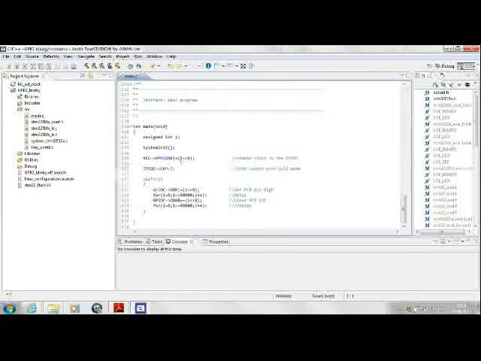Let's start looking into the code. What I've actually done is, the core works at around 24 megahertz, and the SystemInit function is the function that is already available with Atollic Studio, which is there in the inbuilt library. We'll call this so that the core gets initialized for our code to run, and the core is clocked at around 24 megahertz. So before we start any of the software writing, we will always call the SystemInit function. This line for now we'll just neglect. I'll come back to this a little later.